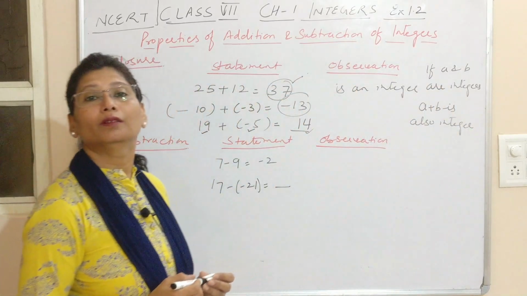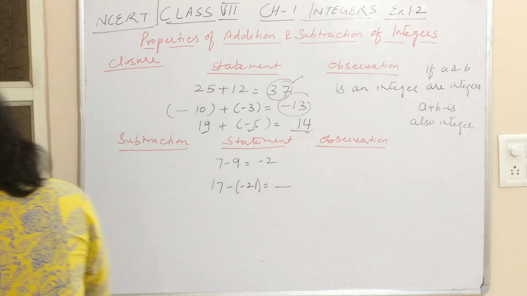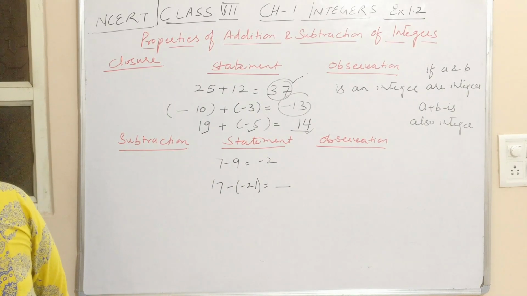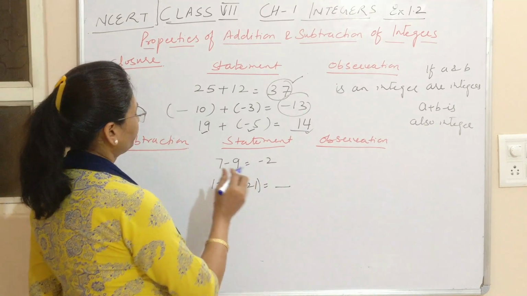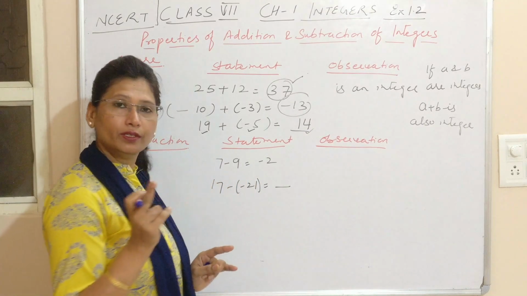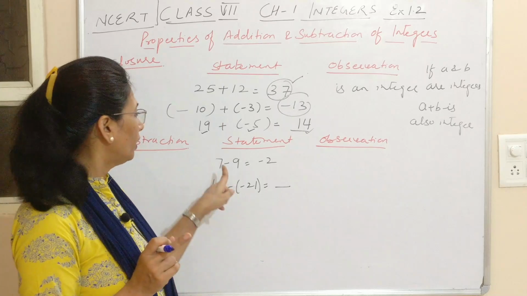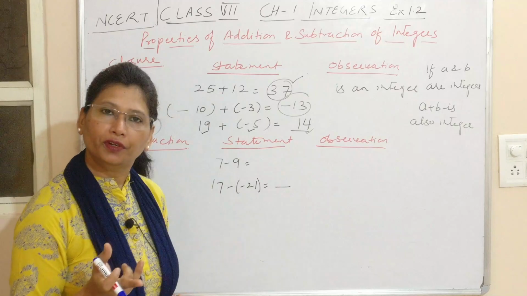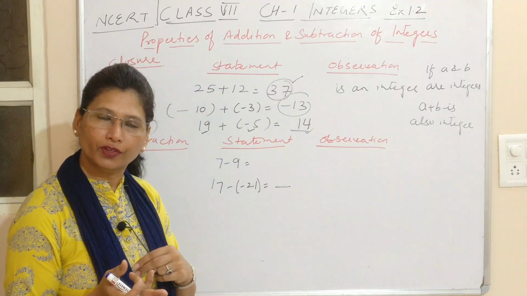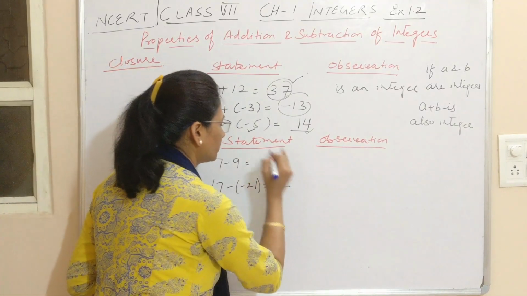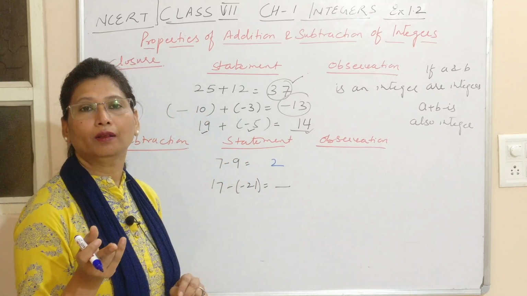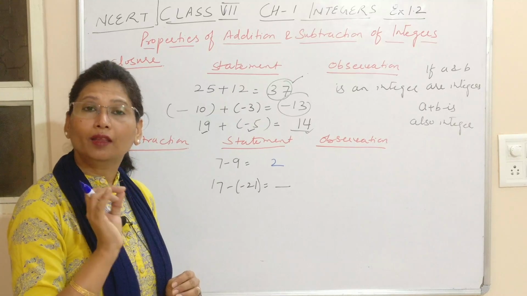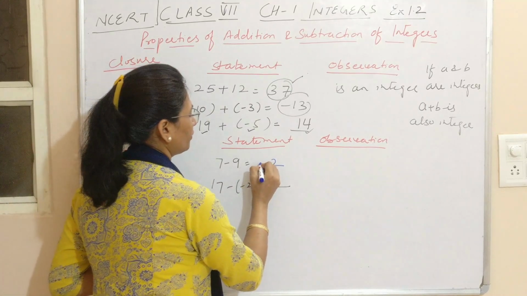Now this is what the result is. Okay, now next we'll take the difference, that is, when we subtract, then what happens? Here I have taken two integers, 7 and 9, and we subtract. So here you have been given again two different integers. We'll take the difference. So 9 minus 7 is 2. I am subtracting the lower integer from the bigger one. What sign will the result carry? It will carry a negative sign.